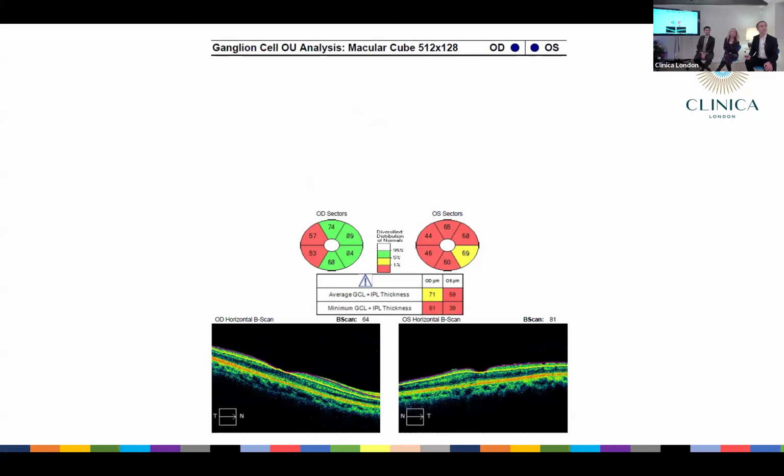I'm going to interrupt you, and actually there's a question on the chat to go back to the first case. Did you do anything for the high IOP in the first case, or was the iridotomy enough? The iridotomy definitely wasn't enough because we don't expect a quick effect. So the patient's on drops, and